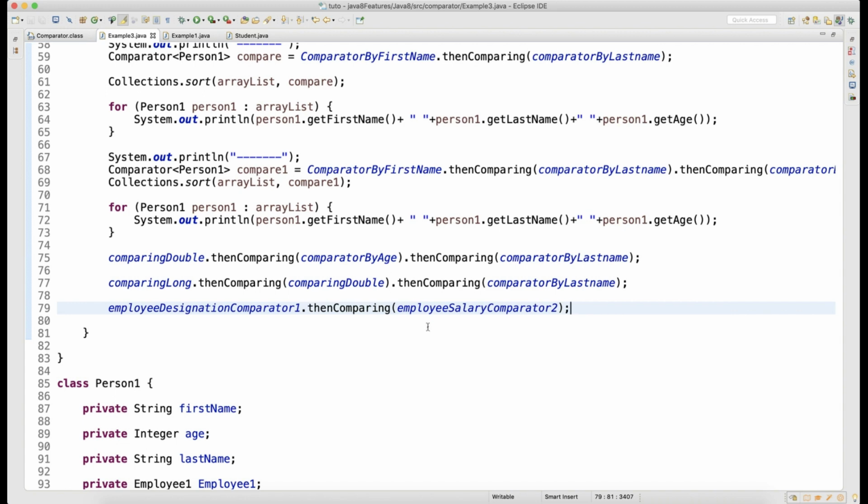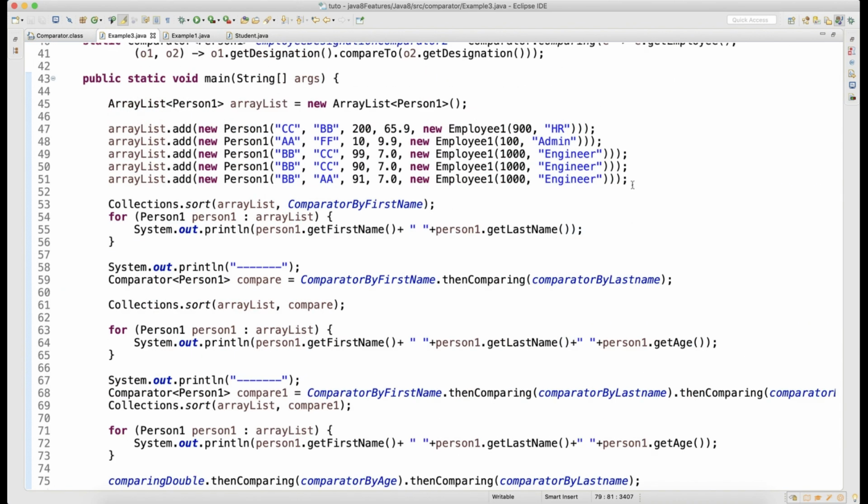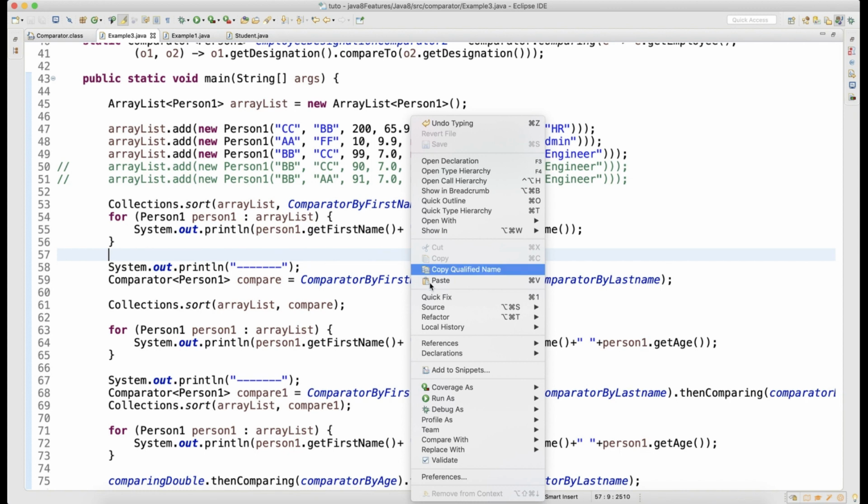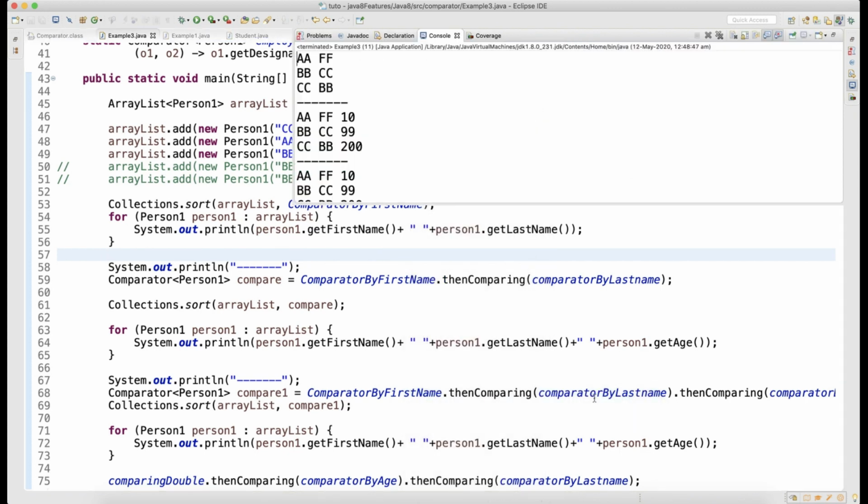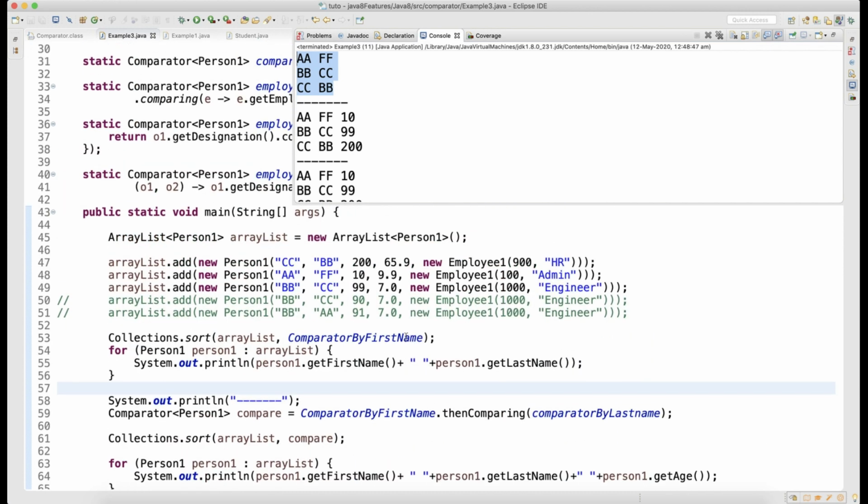So you can basically club more than one comparator, but the only thing is, if there is a duplicate, then only you will come to know the changes in the result. If there is no duplicate, so let's say if I comment this, let me show you, you will not make out much difference. You will feel like there is no difference, right? Look at here, AABBCC. When you did it based on the first name and last name, are you seeing any difference? Whatever sorting happened based on AABBCC, the same got printed. Nothing will happen because your last name should not override the result of first name.